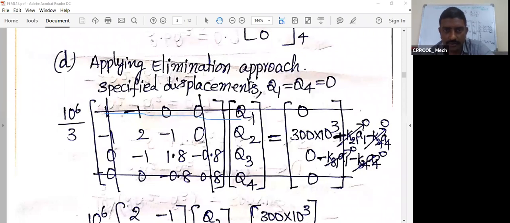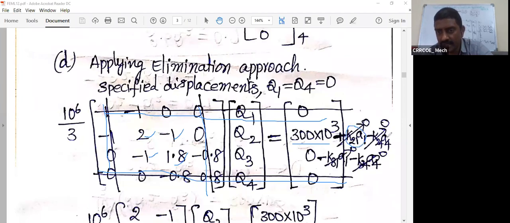So the remaining elements in this stiffness matrix are 2, -1, -1, 1.8, for nodal displacements Q2 and Q3. Now the modifications in the load vector: 300 into 10 cube newtons minus K21 Q1,